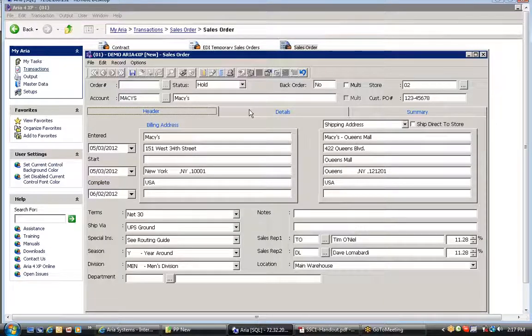Now the screen has 3 tabs, and we'll go over each of them. The header tab is that section where you have the basic information about the order. Bill to address is the customer billing address. Shipping address is the customer ship to address. As we mentioned, it can be the same as the main account, or it can be for a specific store